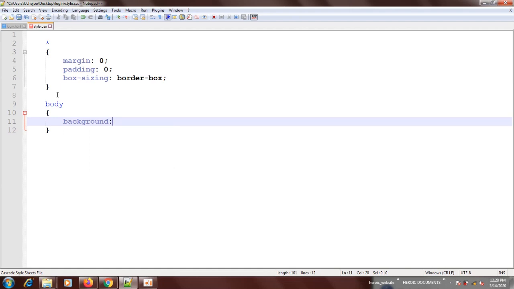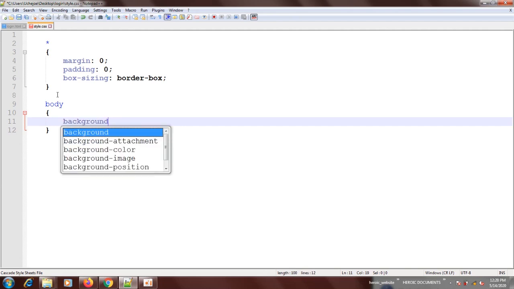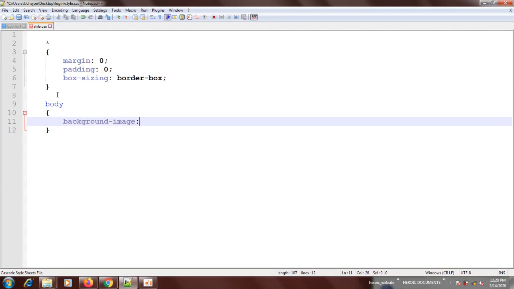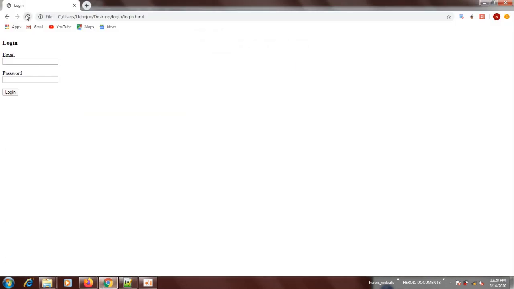Then we say url, it's going to be background.jpg. Alright, that's there. Then close it.